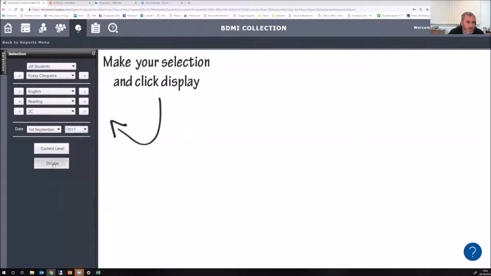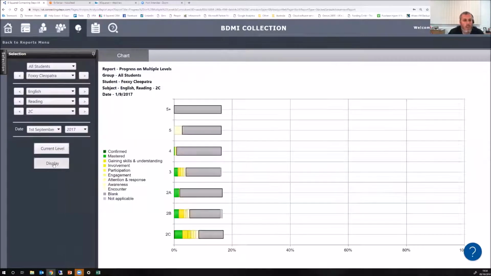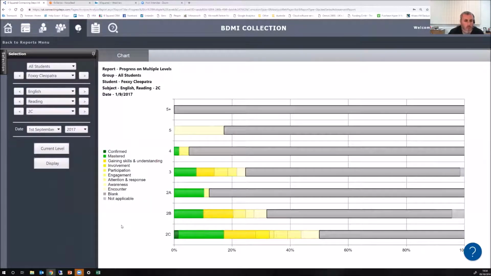So if I run it for reading, on the 1st September, that's where Foxy was. So we started at 2C, which is her current level. And you can see what she's mastered. So you've got the levels going up. You can see what she's mastered, where the different levels of experience are on the different levels, and the fact she's encountered lots of things at level 5, but that's as far as she gets. So I get to look at that for